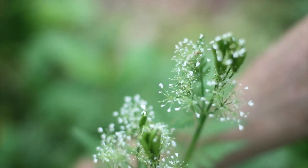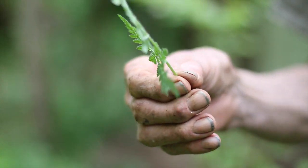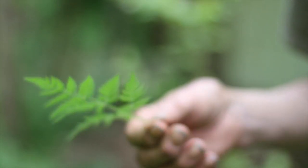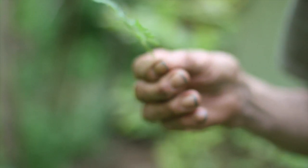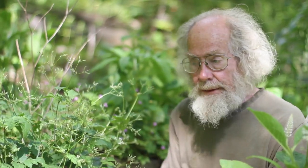This has quite a tasty leaf with a slightly licorice kind of flavor. You could use a few of these leaves to flavor up a cup of tea. You could mince them and sprinkle them onto a fruit salad. Very pleasant flavor. Okay, so as I said, when the settlers came over to America, they didn't have any Myrrhus